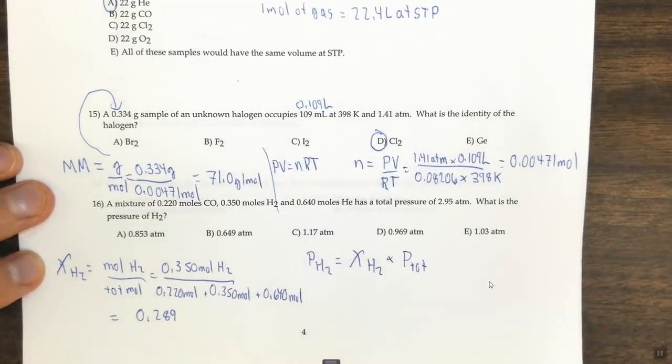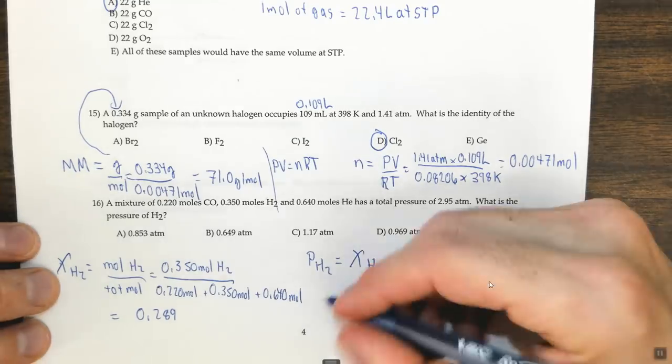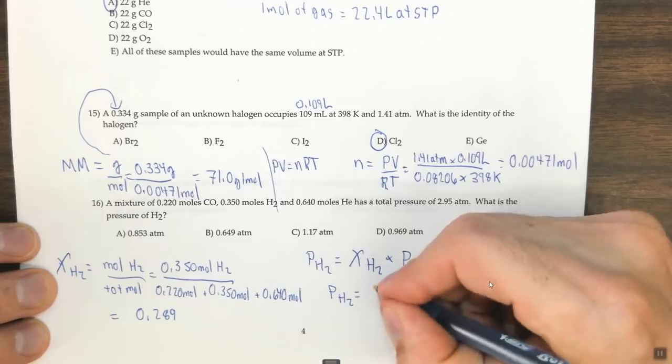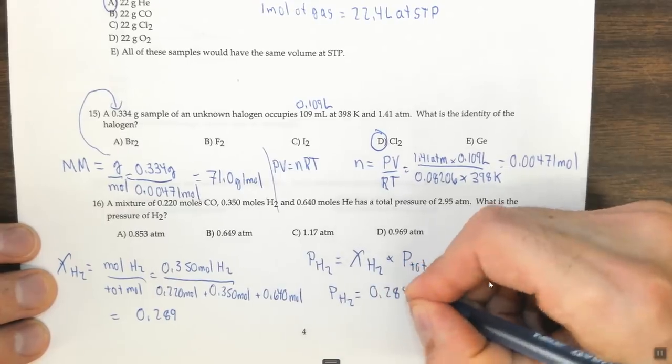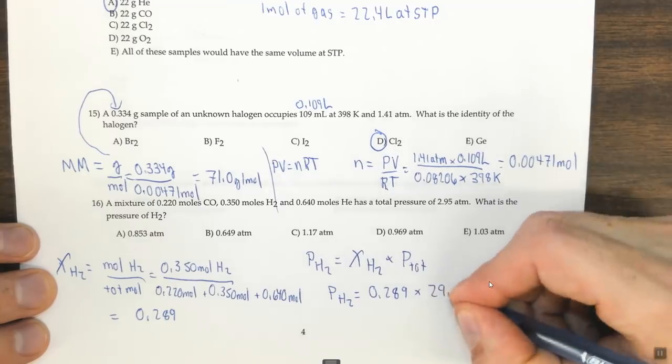Now, if this was a percentage, we would say the mixture is 28.9% hydrogen. But mole fraction is the same. A fraction, or any fraction, is the same as a percentage, except you don't multiply by 100. Now to find the pressure of hydrogen. The pressure of hydrogen is 0.289, because it's 28.9% hydrogen, times the total pressure,